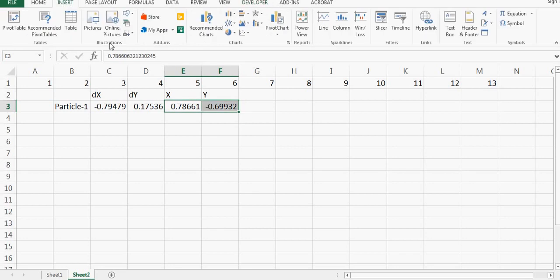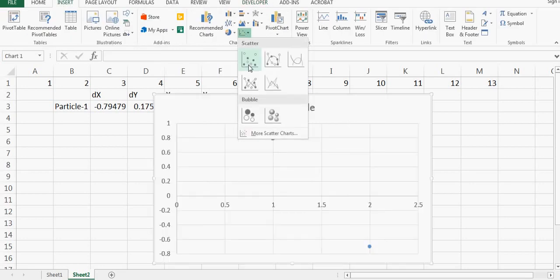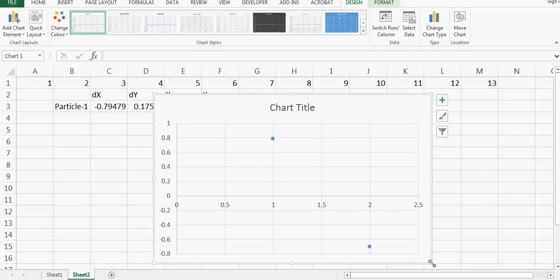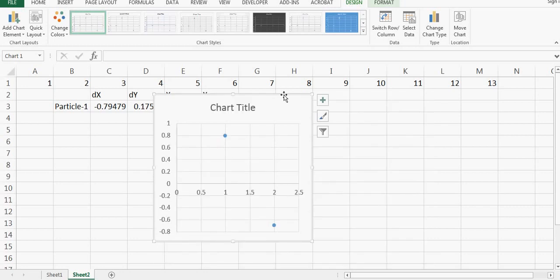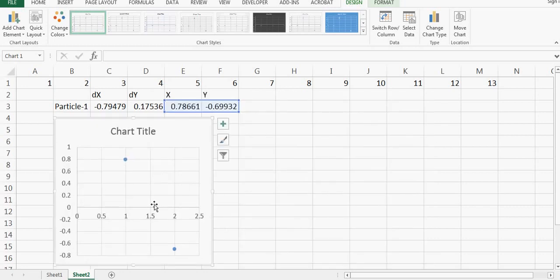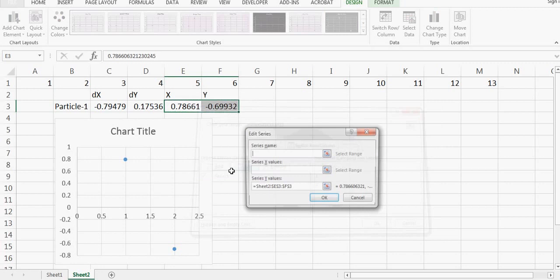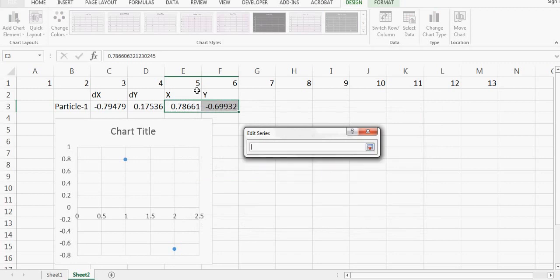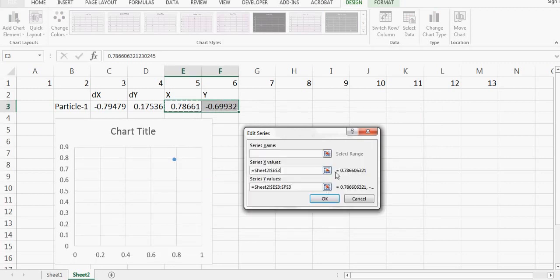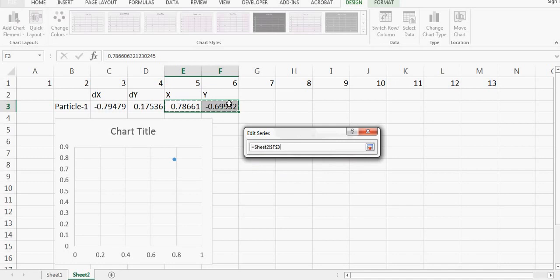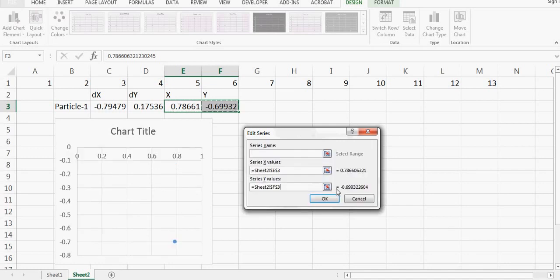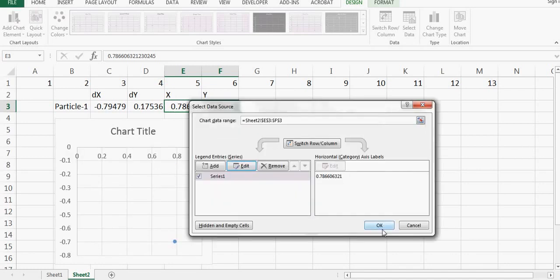I'll go here, I'll say insert and a chart, and now this is the chart. So in this chart I can see 2 particles. So let me say select data, add it, X here and Y here. Now this is okay.